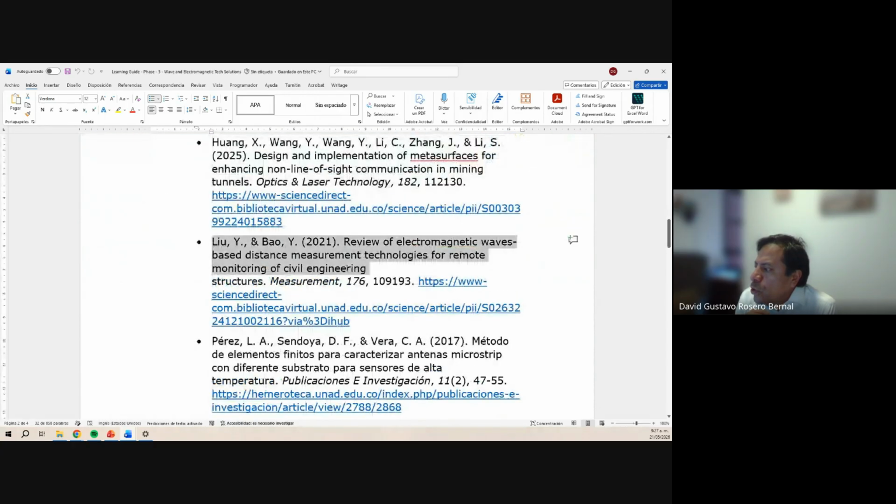Number 2 addresses the problem of monitoring bridges, dams, and buildings for structural health. The solution uses electromagnetic waves, radar, GPR, microwaves, to measure deformation and detect damage before catastrophes occur. Number 3,